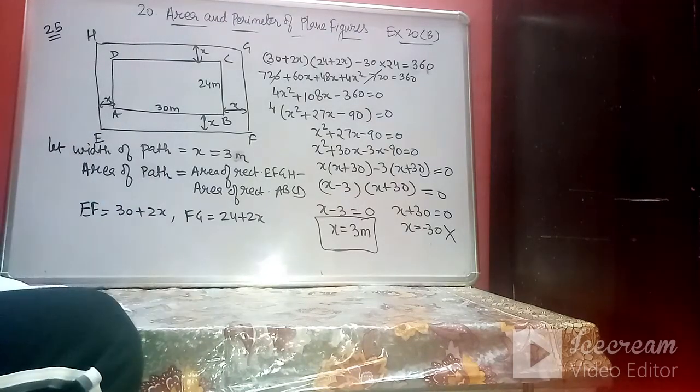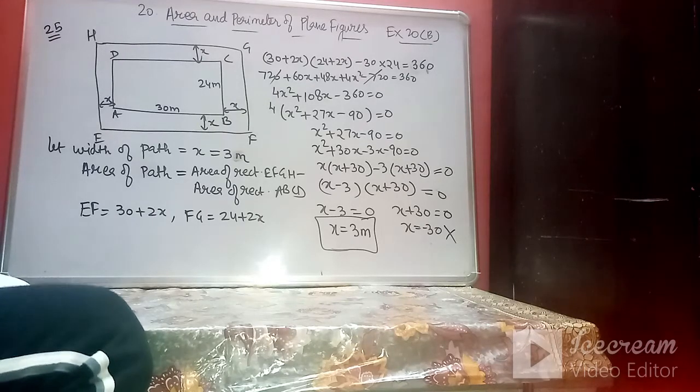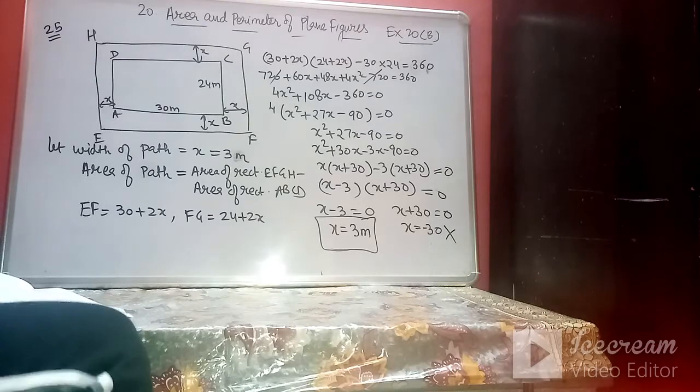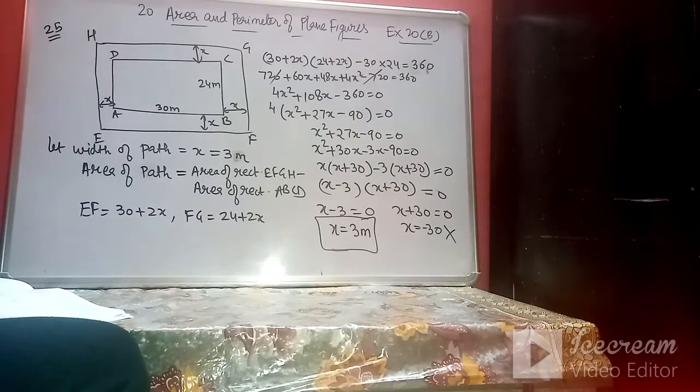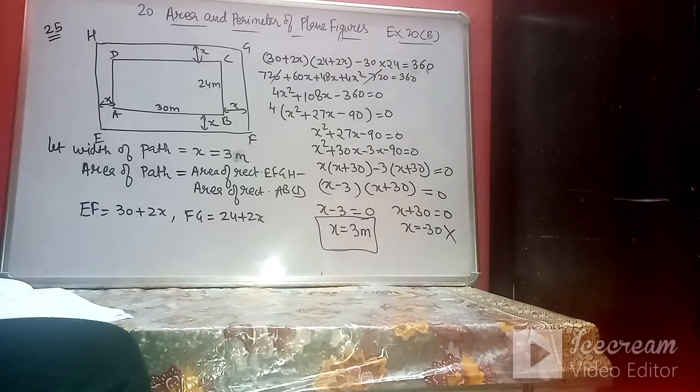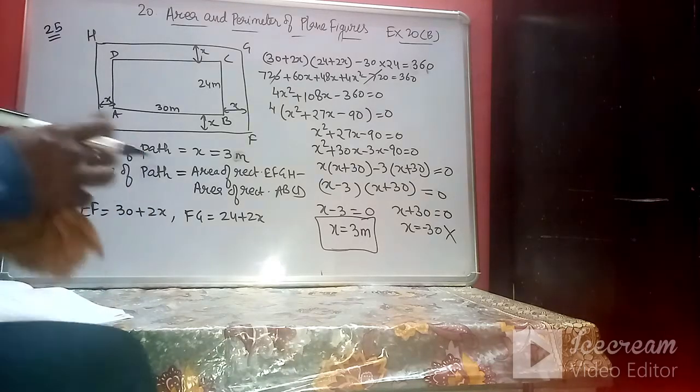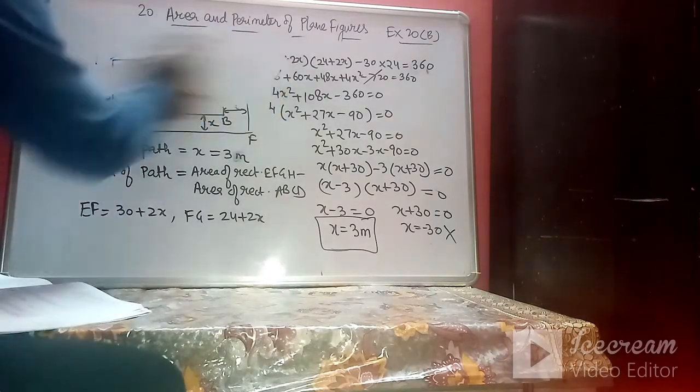Okay, so these are a few questions related to different types of geometries. Now we will discuss the questions related to when some form of wire is bent into certain types of plane figures like squares, rectangles and circles. In this concept the perimeter, or the length of the wire, will always remain the same. So let's see question number 26, a different type of question.